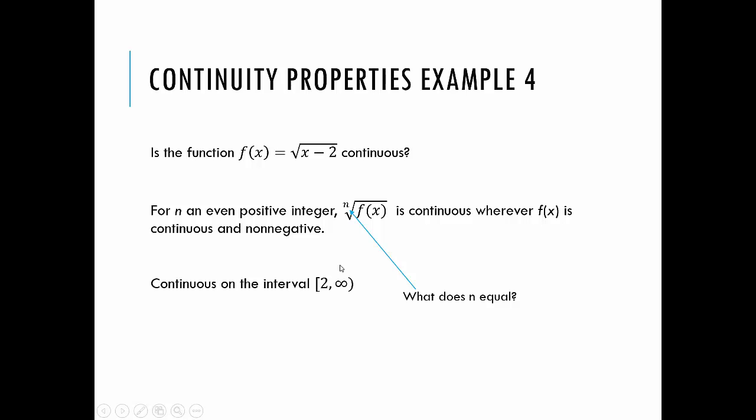And my little hint here, what does n equal? When you have a square root, it's actually a little 2. We just don't write the root. Whenever you see a radical without a little number beside it, we just don't write it because it's implied that